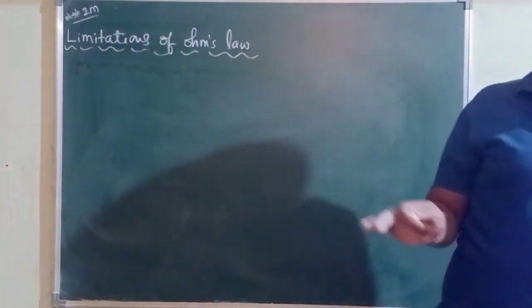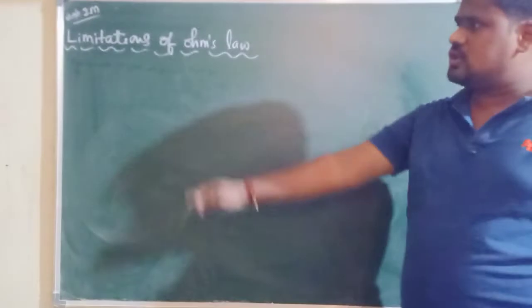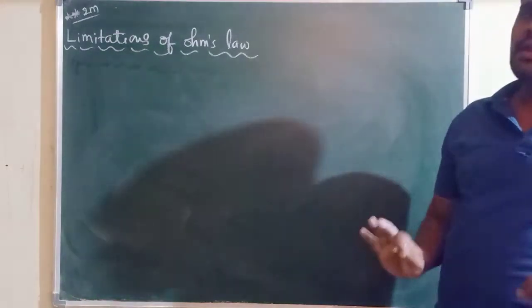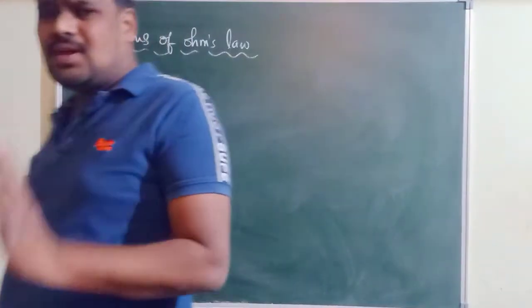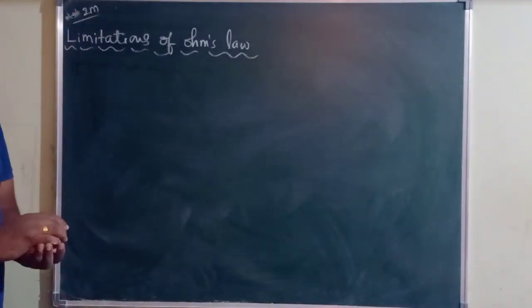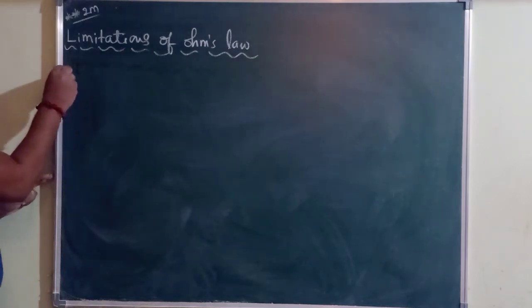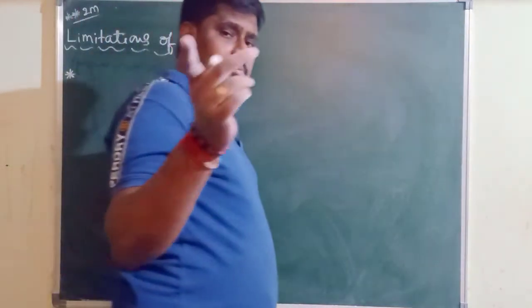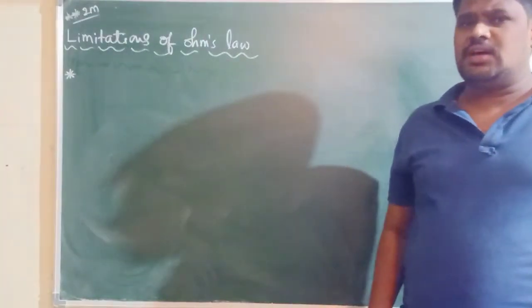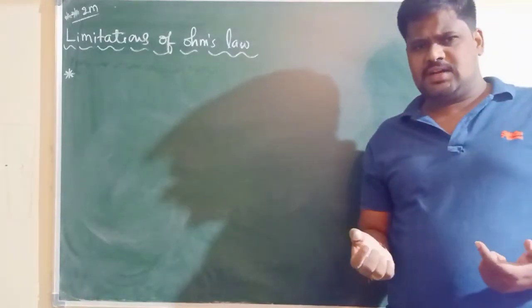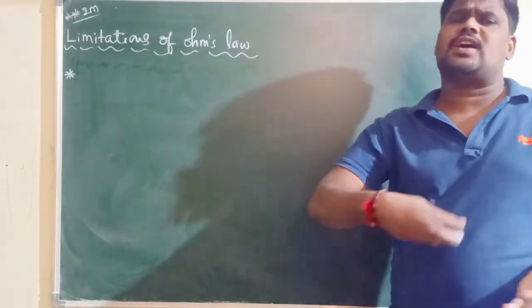As I said, for limitations of Ohm's law we will list out the situations where Ohm's law is not applicable. Let us go on listing the situations where Ohm's law is not applicable. Those all come under limitations of Ohm's law. The very first limitation of Ohm's law is that it is applicable provided the conductor is made up of metal. If the conductor is a metal, only then Ohm's law is applicable. A conductor is any device through which current is flowing.